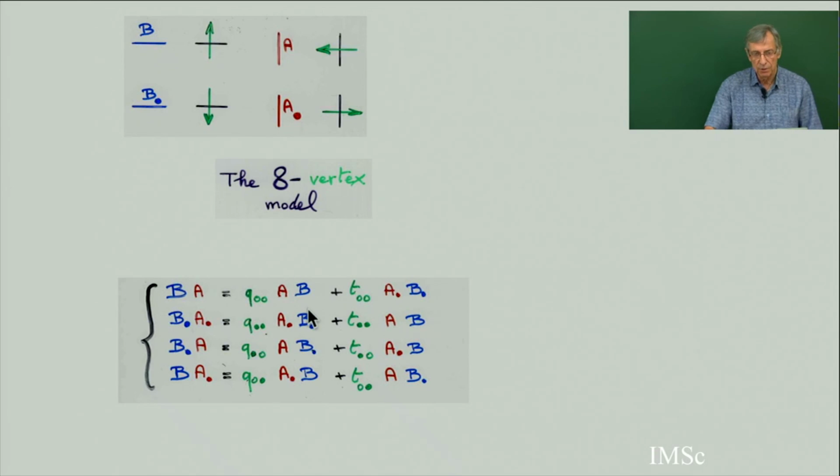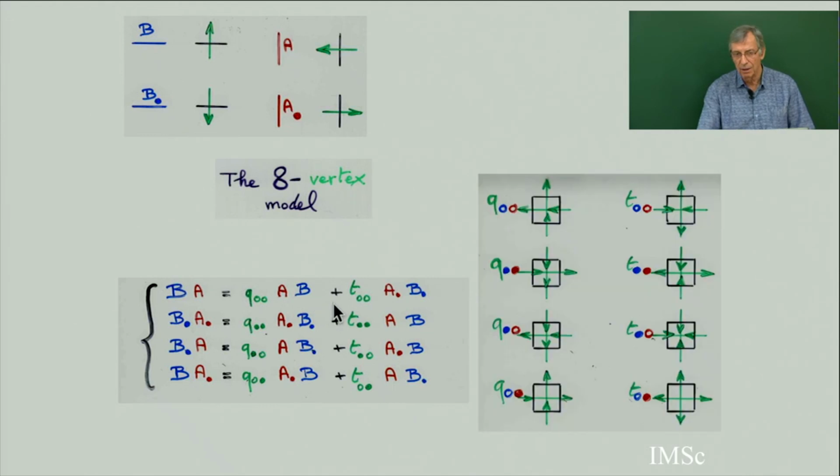And so here is the 8 vertex model. If you put all these edges on the local rewriting rule, this gives you these 8 possible cases locally in a complete Q tableau related to the 6 vertex model. And the condition of the 8 vertex model is that in each vertex, there is an even number of edges going in and an even number of edges going out. So these are 8 possible cases. In the 16 vertex model, it can be an odd or even number of edges going in, and here only an even number of edges are going in and out.